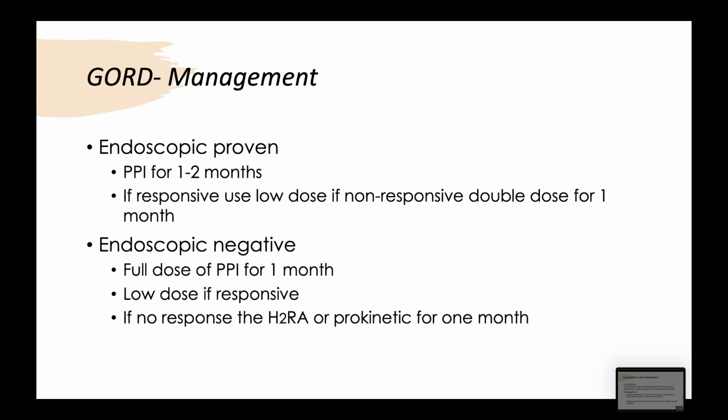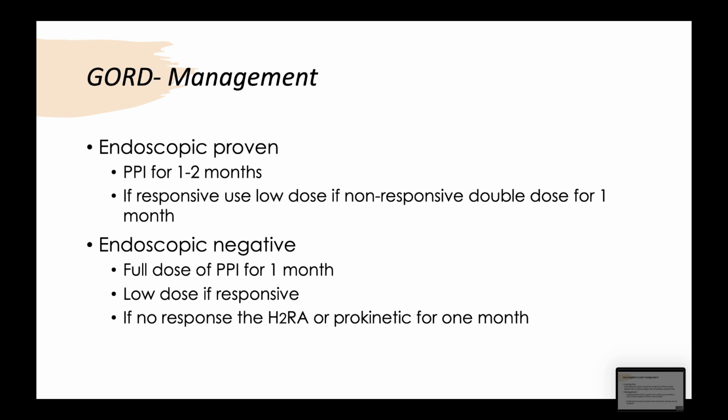So if it is proven that they have GORD by endoscopy, then they need to have PPI for 1 to 2 months. And you would consider starting on low dose if they are responsive. However, you want to double the dose if they're non-responsive for 1 month. However, if they're endoscopy negative, you want to use a full dose of PPI for 1 month only, and then low dose